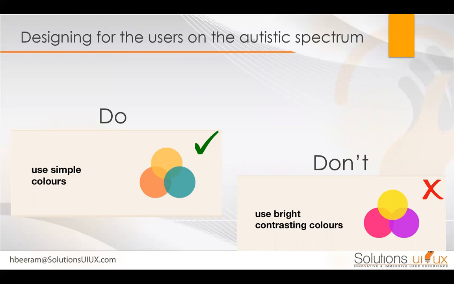So what are the do's or don'ts in the autistic spectrum, right? The do is use simple colors, nice and simple colors we can use, but the don't is use this kind of contrast, too bright of a contrast. You can get to 1:7 AAA level of contrast with simple colors, and these colors will challenge even normal vision, not just people with autism.